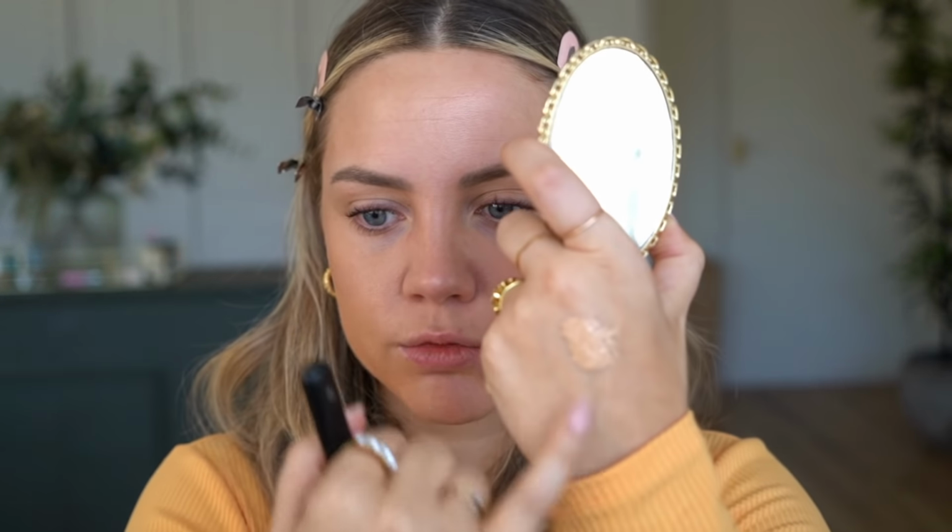So you do need to shake it well. Again, I'm gonna put it on the back of my hand. You can see right off the bat, there definitely is coverage in this, but it's a very light consistency and also in texture actually. It's not super watery, it's not running down my hand, but it's very lightweight. Now, I can't talk for dry skin, but for oily skin, it laid beautifully on my skin,